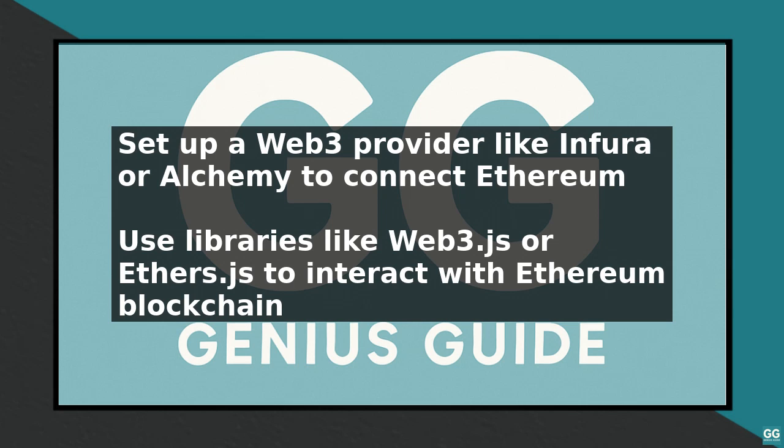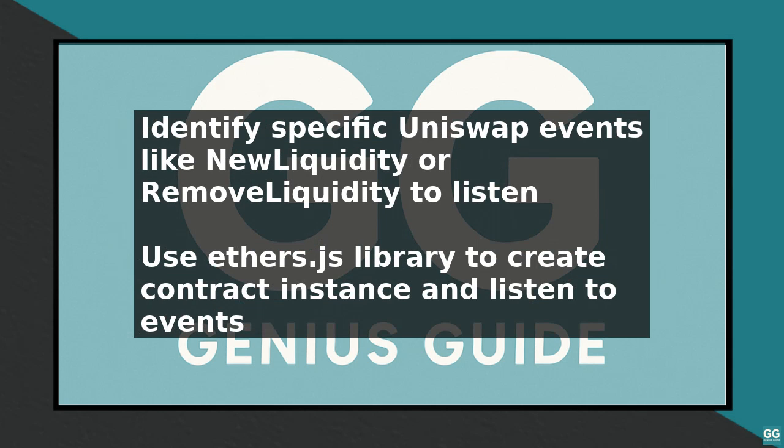To listen to Uniswap events, you can use the Ethers.js library to create a contract instance and then use the on method to listen to events. For example, if you want to listen to the new liquidity event, you can use the following code. Create a new instance of the Uniswap v2 factory contract and then use the on method to listen to the new liquidity event. When the event is emitted, the callback function will be triggered, and you can perform actions based